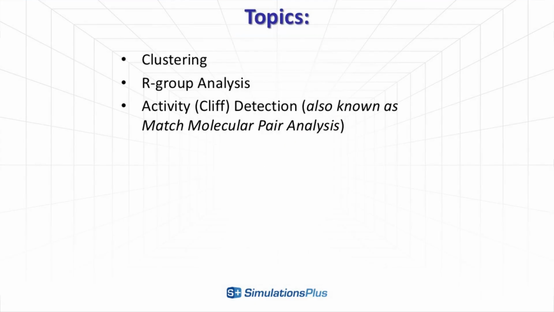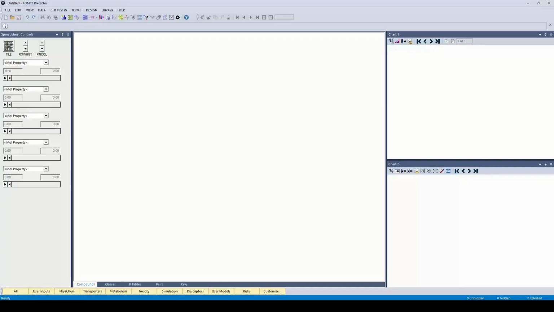So our topics for today will focus on clustering, R-group analysis, and activity cliff detection, also known as matched molecular pair analysis. These functionalities are an essential part of the capabilities in MedChem Studio. There's actually a lot to cover in this tutorial, so it may run a little bit longer than the other ones in the series. So without further ado,